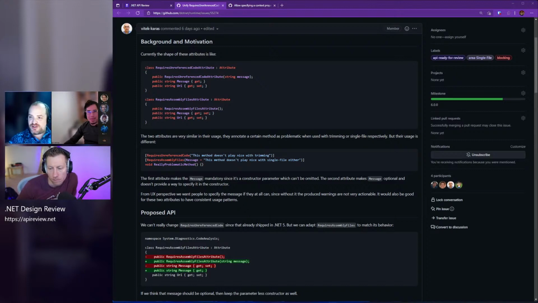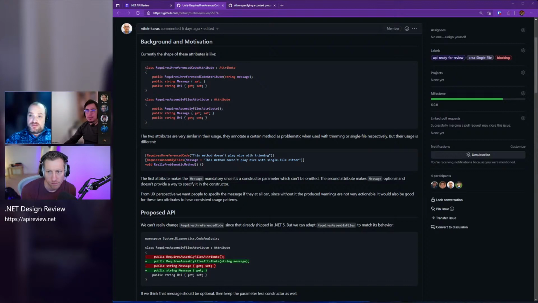Do we have a reason, or is it just habit? I mean, we do have it for obsolete, right? Where you can, but it's basically a constructor with no arguments and a constructor with one argument. In this case, it kind of does feel like obsolete, right? You can just slap obsolete on an API, and it's pretty obvious what it means, right? It's like this API is obsolete, but